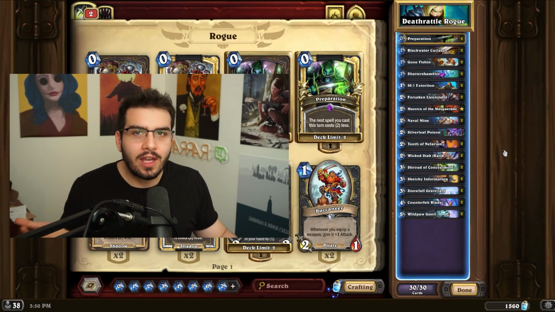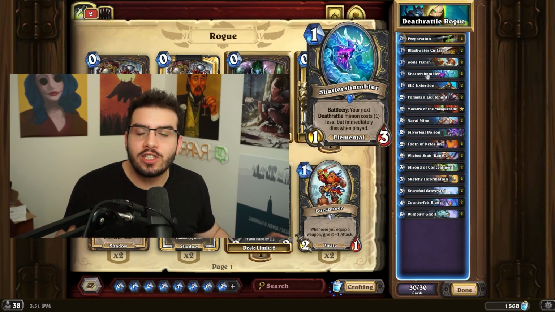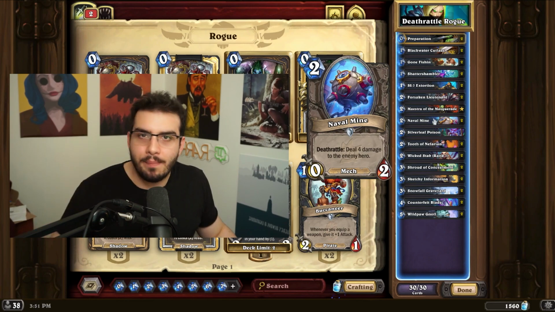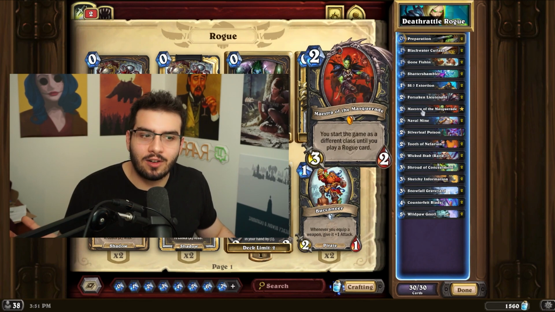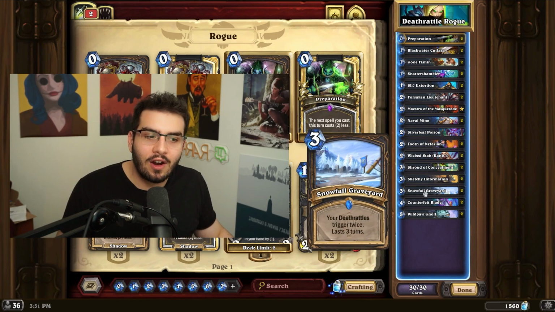Next we have Deathrattle Rogue. Now Rogue is already looking really good because it has Wild Polynol, but with the addition of Shatter Shambler, the Naval Mine deck got a little bit better because now you no longer have to run backstabs. You just run Shatter Shambler and your Naval Mines will proc immediately, which means with the combination of Snowfall Graveyard and stuff like